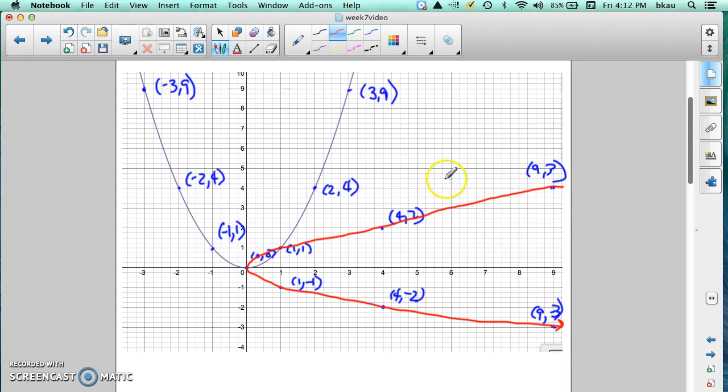Now if we look at this graph of the inverse, we don't actually have a function, because a function only has one y value for every x value. Even if we just look at the points I graphed, 9, 3 and 9, negative 3 are not going to be in a function together because they have two outputs for the same input. And this does not pass the vertical line test. If we draw a vertical line,